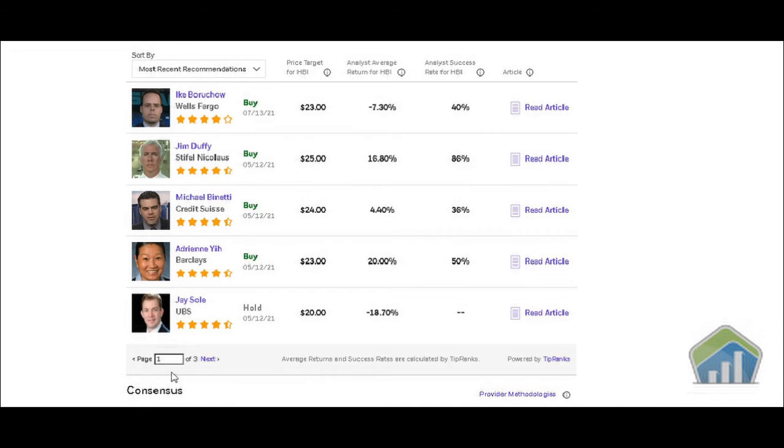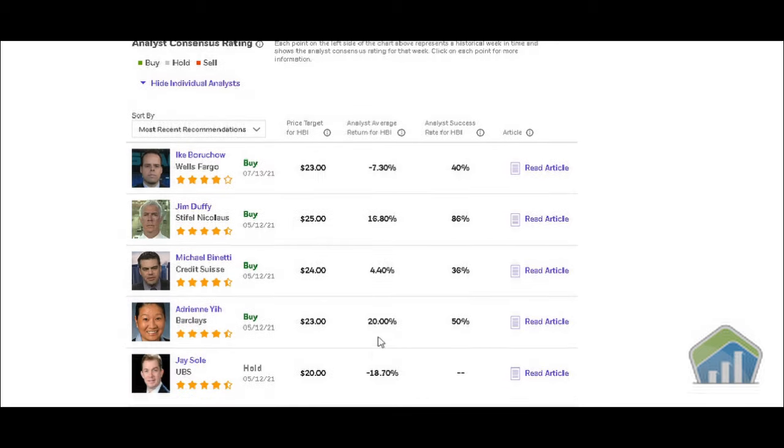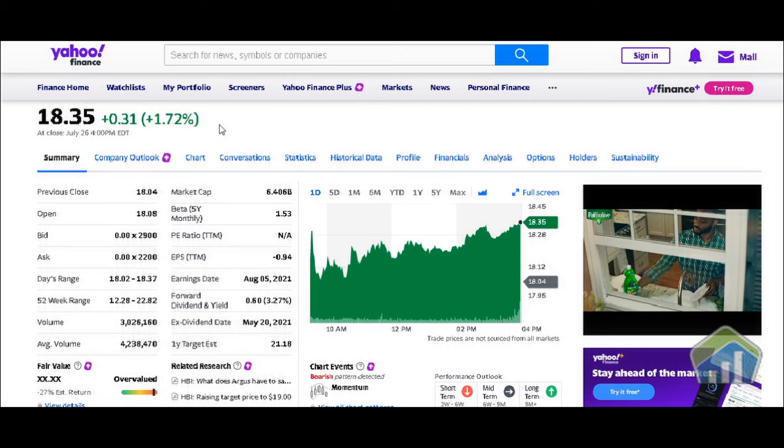And obviously there are more people out there. We can click on the next button and see the other analysts that put their stuff out there. And then you have the analyst average returns, or HBI, right? So some people returns are better than others. Then we have analyst success rates right here, and then we have articles. So you can always click on the read articles to find out exactly what these analysts were talking about in dealing with HBI, right? So what we're going to do is press forward, go over here to our Yahoo Finance,